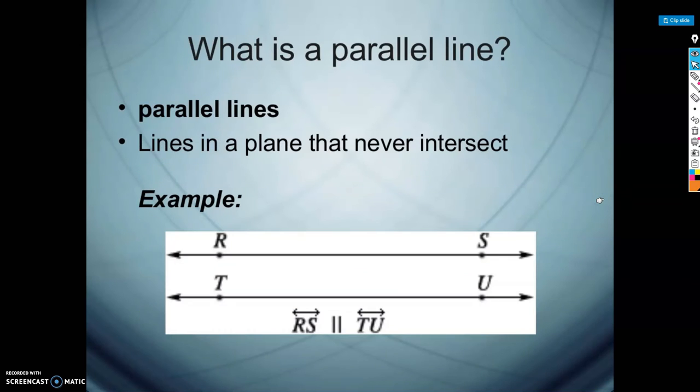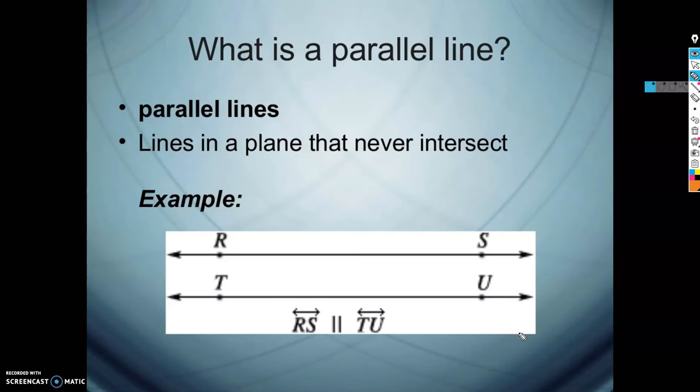Okay. Now, this is where we're getting to it. So, parallel lines. These are lines on a plane that never intersect with each other. So when you see two lines next to each other, and they go on and on forever, and they will never intersect, those are parallel lines. Think about railroad tracks. Okay. Railroad tracks, the rails will never intersect each other. And I know they curve and stuff like that, but just think about the straight portion. Okay, they never intersect each other. They always are an equal distance apart.